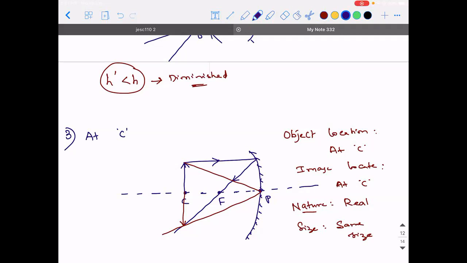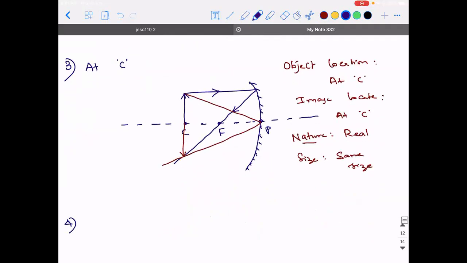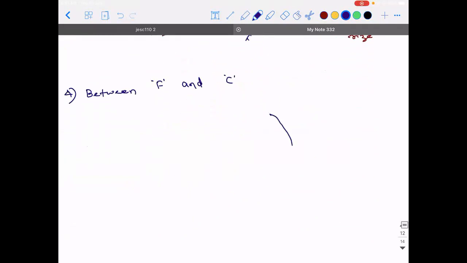Done? Now you tell me, where should the next location be? Between the center of curvature and focus. Yes, between F and C. What will happen? Let's see. If I take the point P here, F is